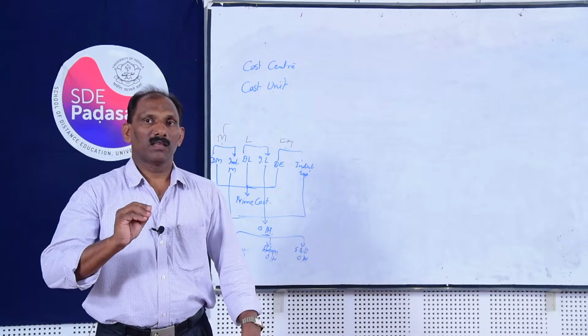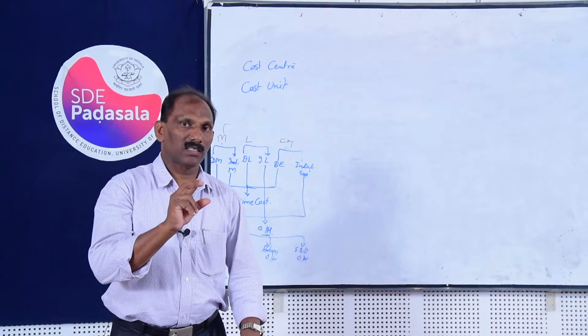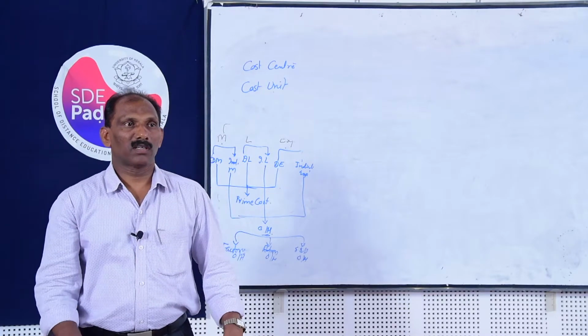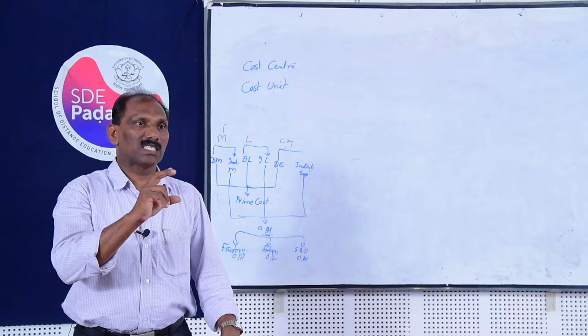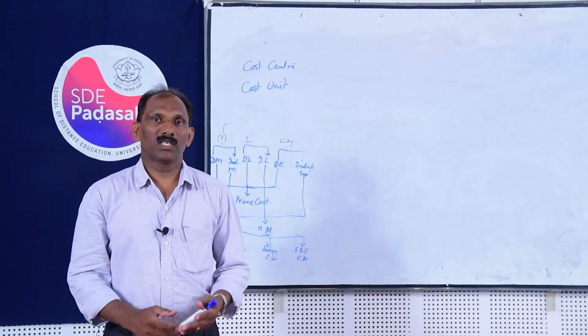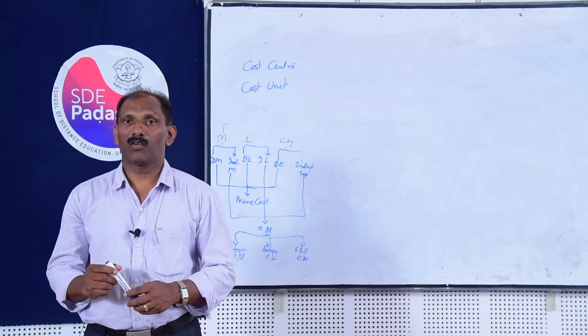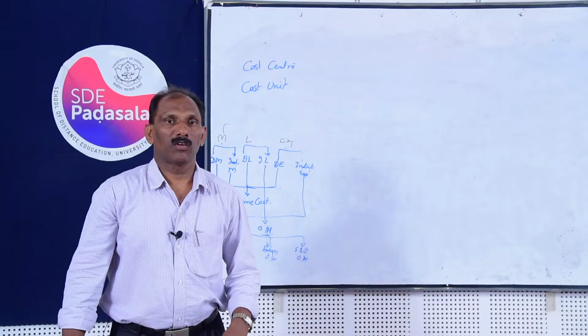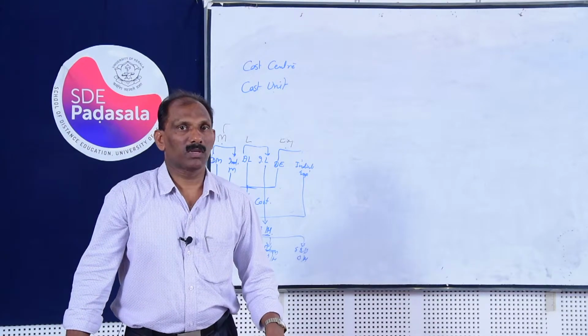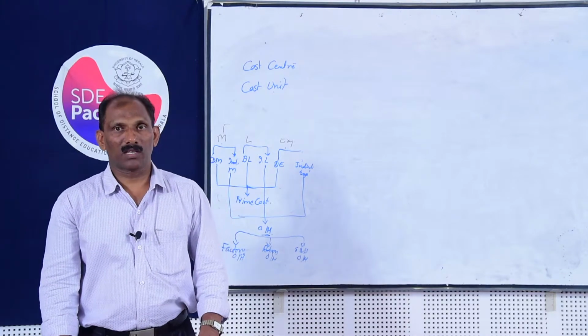Cost center is the factor for which cost is incurred for the production of a commodity. That means cost center may be a location, a person, or an item of equipment or a group of these, for which cost may be ascertained and used for the purpose of cost control.